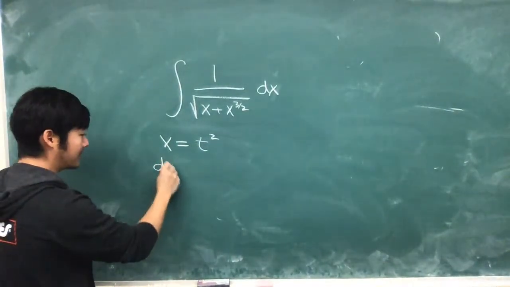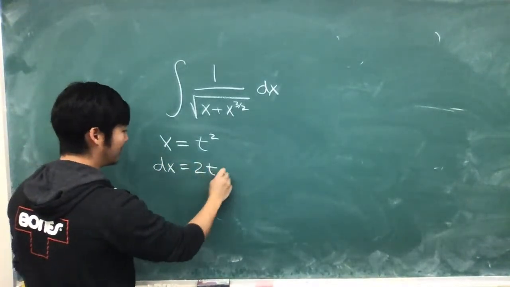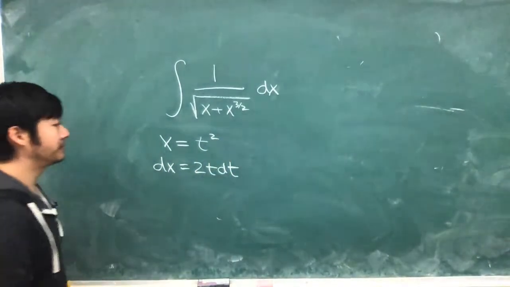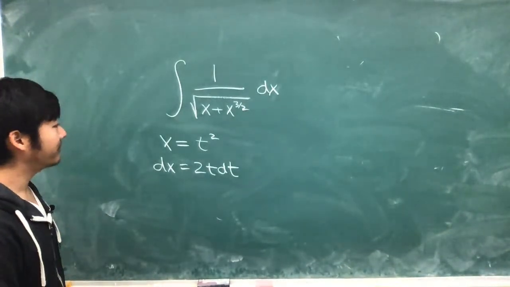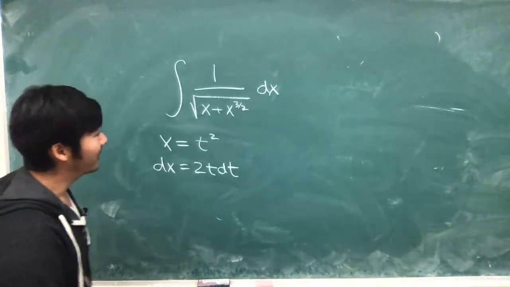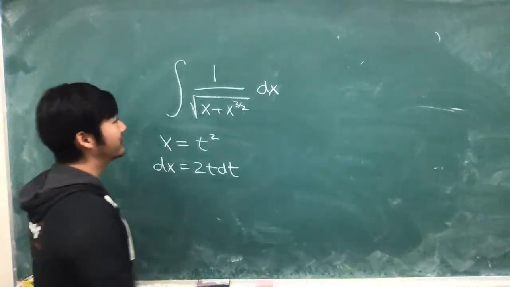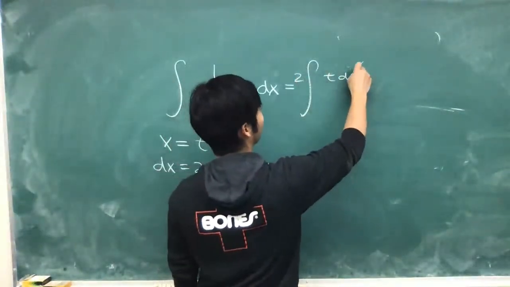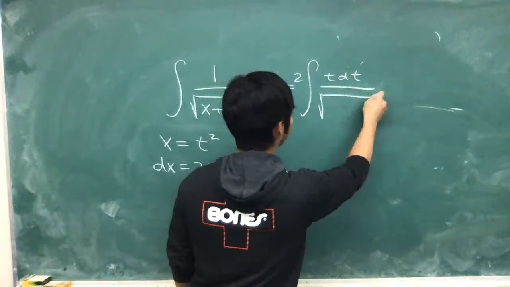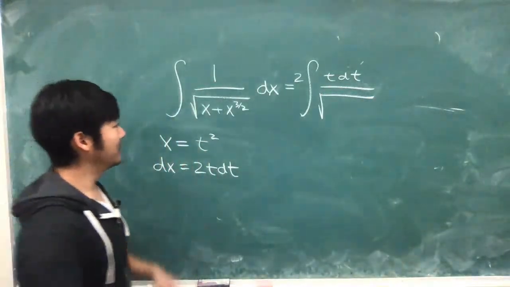Then dx is equal to 2t dt. Okay. So now 2t dt is dx, and then x is t squared